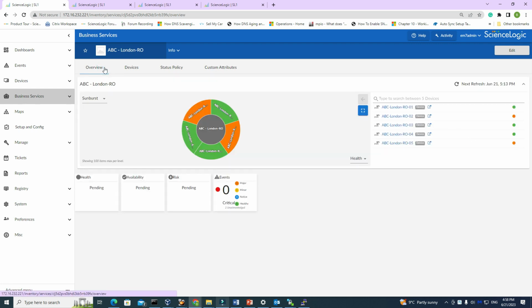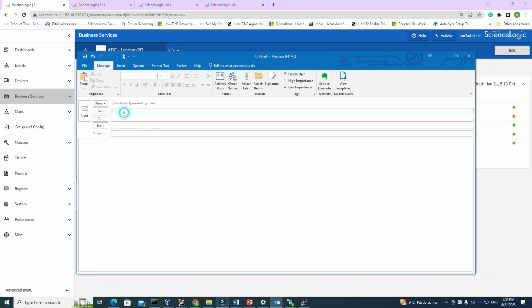Now I want to do exactly the same and create the new IT service. To create the IT service, what I have to do is exactly the same as before. I have to create an email, address to notify, and then in the subject type I want IT service, and then the name of the virtual device, new site,